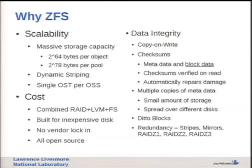We also get multiple copies of the metadata, which I think is also another resiliency feature that sometimes goes unnoticed with ZFS. So metadata is cheap, relatively, right? It's a small amount of data compared to your block data. So why not make a bunch of copies of it? ZFS does this for you. In fact, it even spreads them over different disks in the pool, so you can take quite a bit of damage to the pool and still be able to reconstruct the metadata,